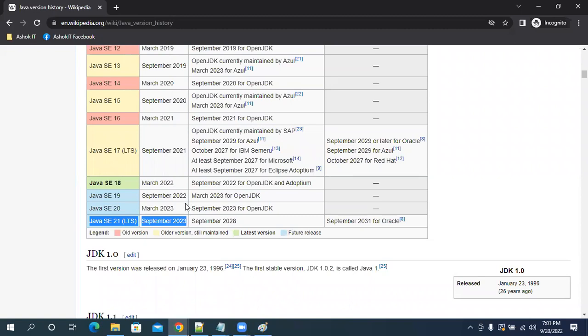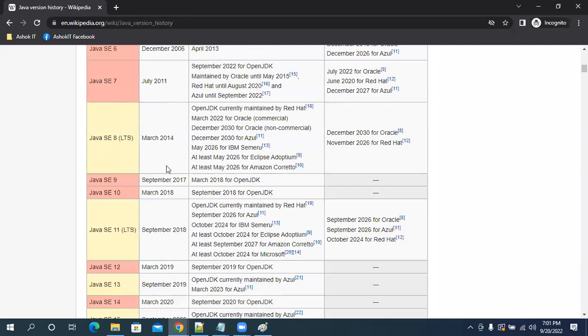To be frank, after 1.8, people are not bothering about new Java versions, because Java versions are coming very frequently. 95% of the projects in the industry are still running with Java 1.8. Oracle is not giving people time to understand the next version.